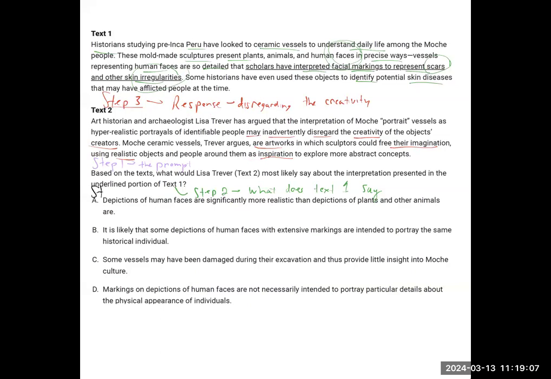So step four is to look at the answers. A, depictions of the human faces are more realistic than depictions of plants and animals. It's not about any one of them being more realistic than the other. B, it's likely that some depictions with markings portray the same individual. Okay, so it wasn't about how realistic. Well, it was about how realistic because it was about realism versus art, wasn't it? So coming back to A,